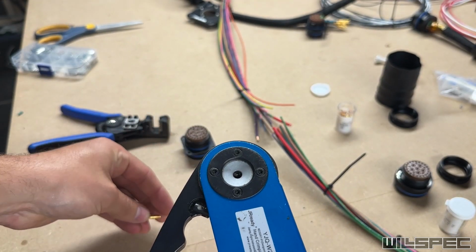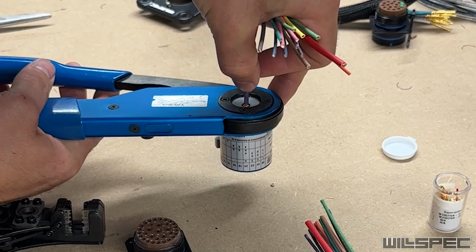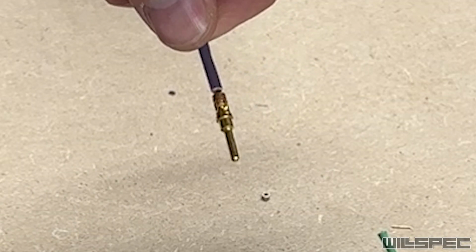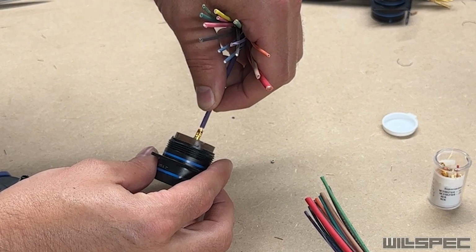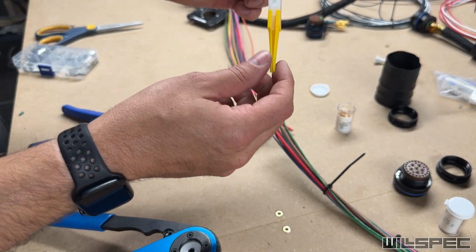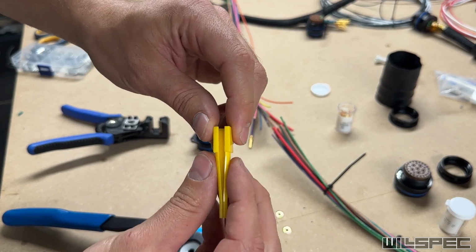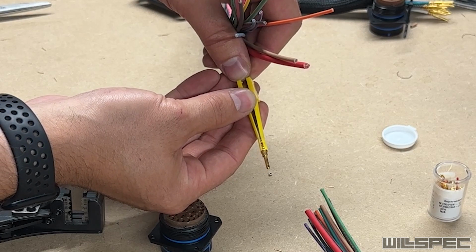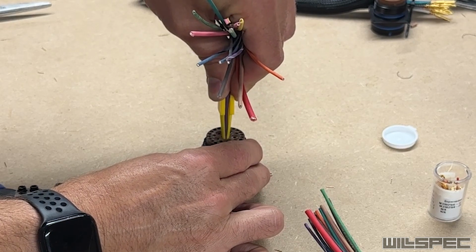We will take this pin, drop it down in the hole, and just lightly grab it. Might be tough to see from your angle, but we slip the wire down into the tool, and then finish crimping. You get a perfect crimp every time with that tool. You never want to insert one of these wires like this because you'll crush the wire. This one's probably strong enough, but the proper way to do this is to use one of these. Now this has an extract and an insert tool on it. Extract is always white. This is the insert tool. Slip it over to here, click, and then you insert the pin until you hear a click,